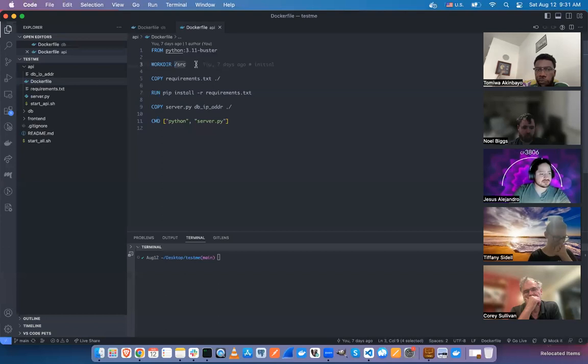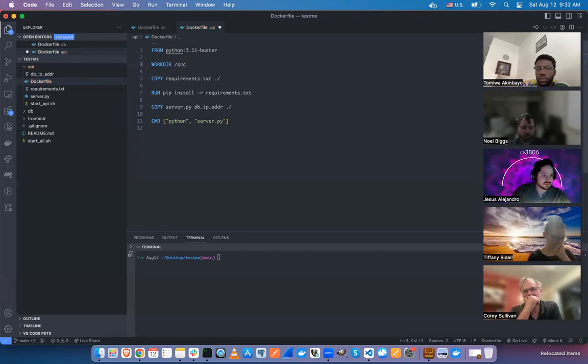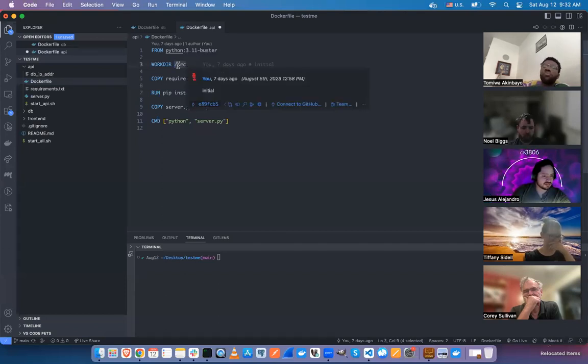So workdir is basically a combination of mkdir and then also setting the path to be this. So if this directory doesn't exist, it's going to create it. So it's going to do mkdir. It's going to create the directory, and then any subsequent command, it's going to start from here. So instead of starting from the root of the container, it's going to start from here, /source. So this next command,